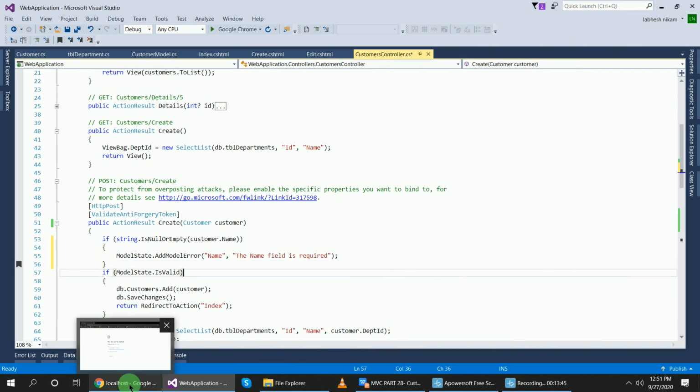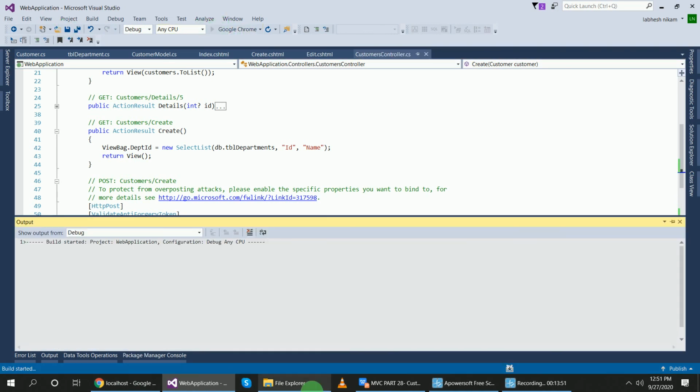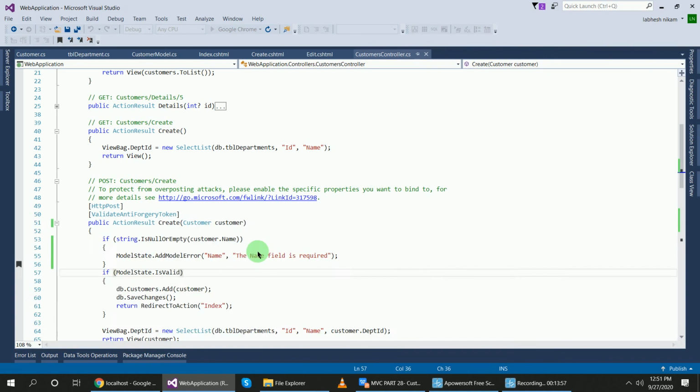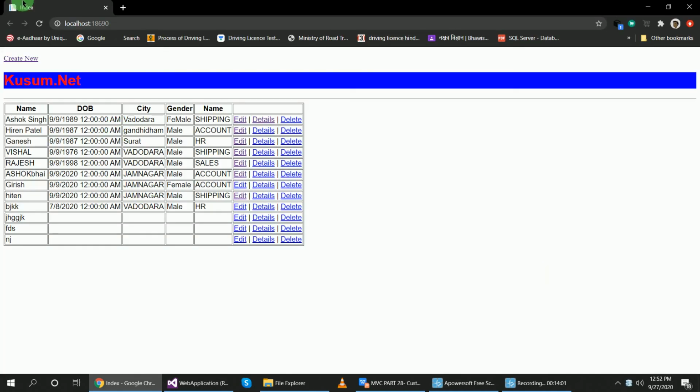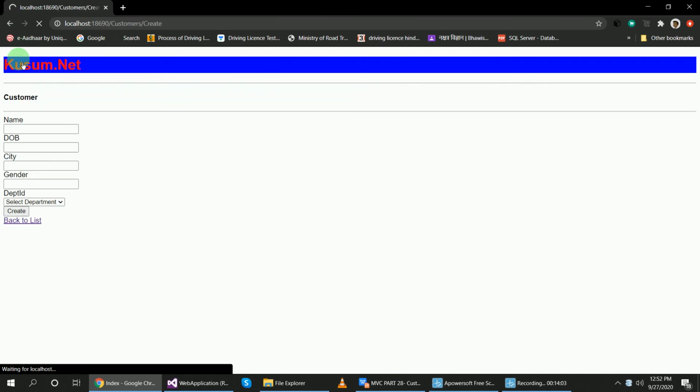So now run the program, save it, and this error will be removed. Okay, let's create a new customer.